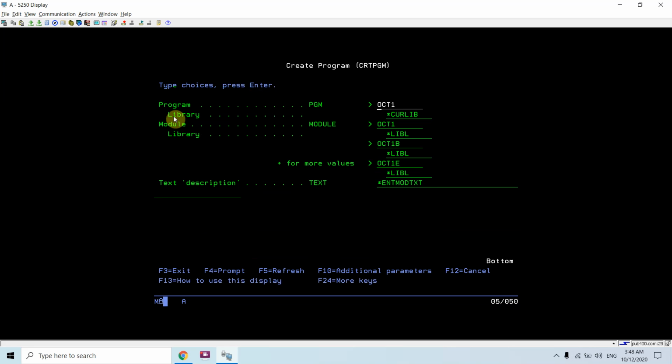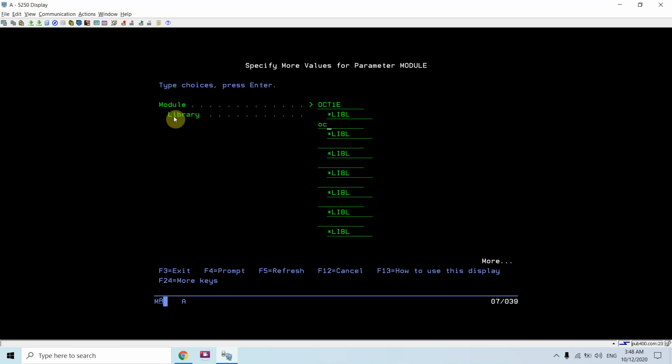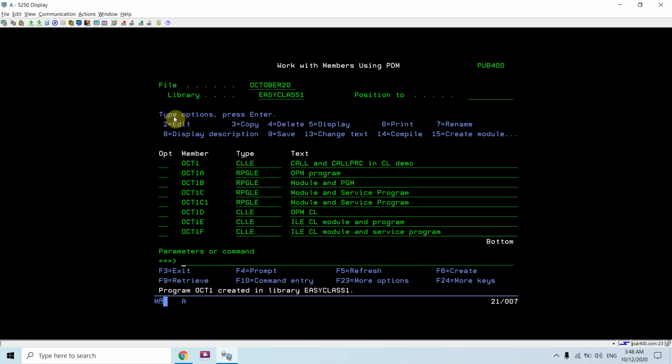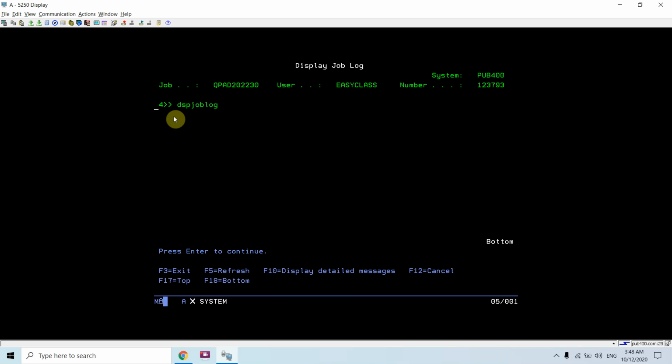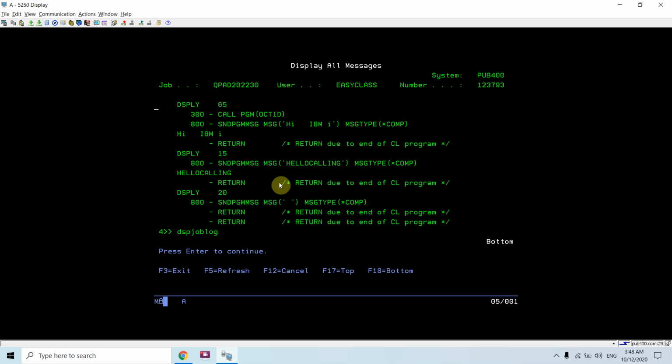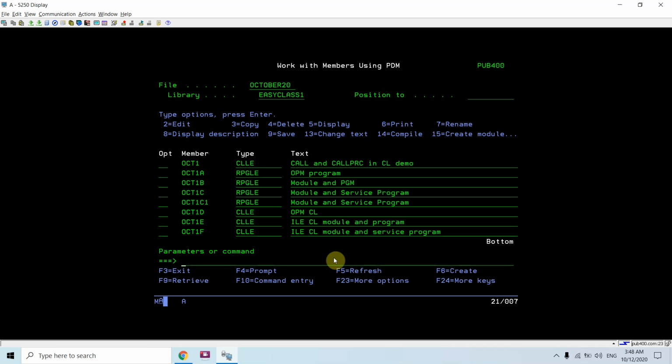Either I can bind the module oct1c and oct1f, this is also possible, and calling them. F10 shift F6, so I can see the job log messages as well. For the last one I'm not getting any result.